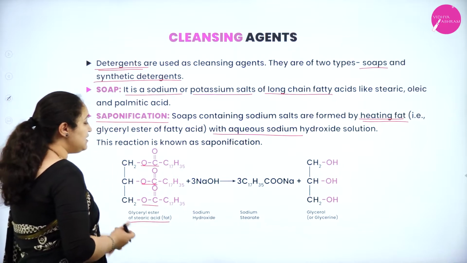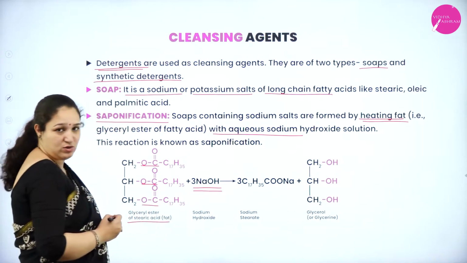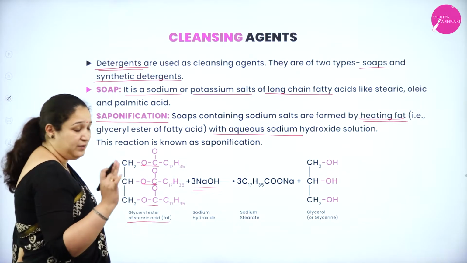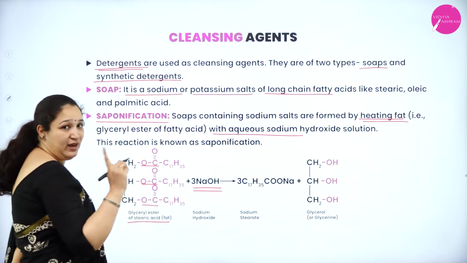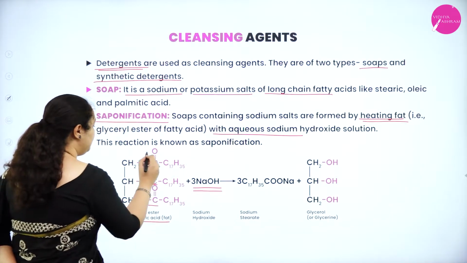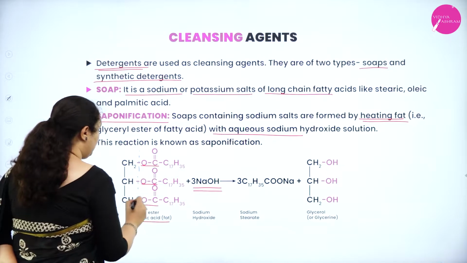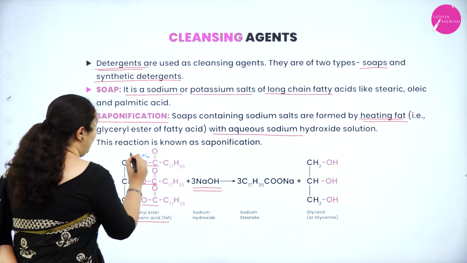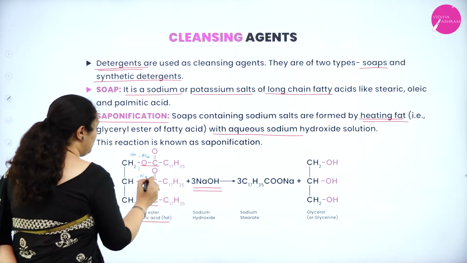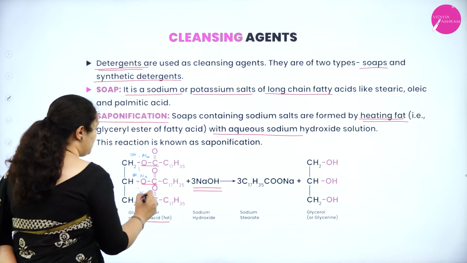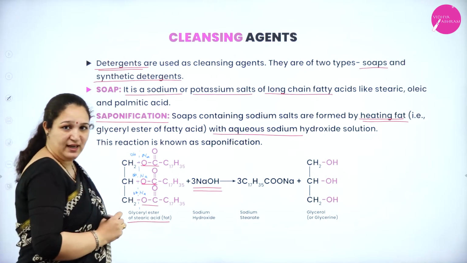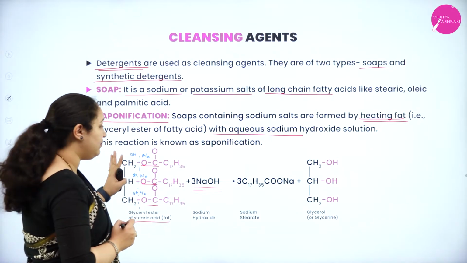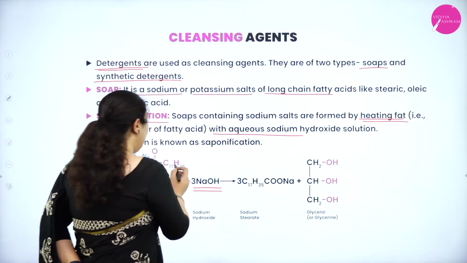This one when it is treated with sodium hydroxide, aqueous sodium hydroxide, what exactly is happening here? What happens is NaOH will break the bond. So you can see here one bond, here one bond. Here what is getting added up? It is Na, here OH group, here one sodium, here one OH group, here one sodium and here one OH group is getting added. This is just for your convenience. I am explaining like this. Mechanism if you see it will be a little different.